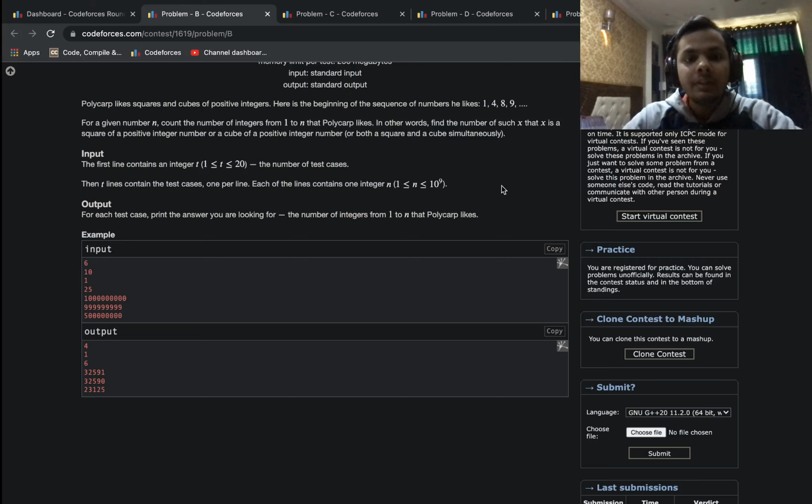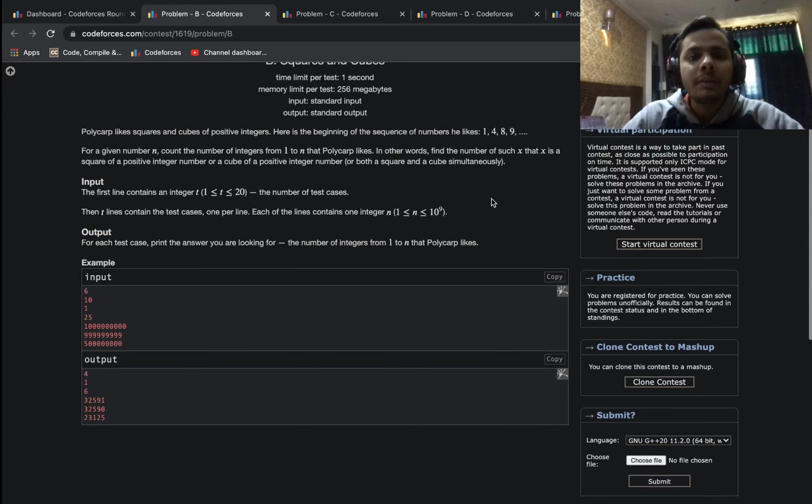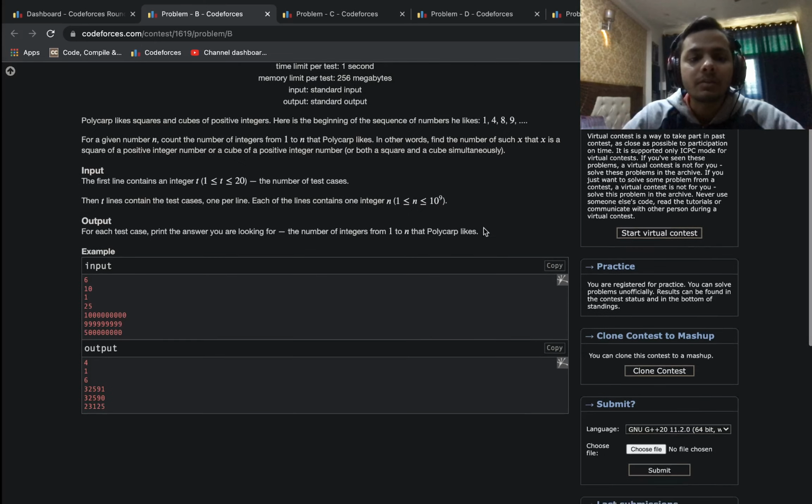But another easy way to do it is to insert every element just once. So what we can do is maintain a map of all the elements. The map will store true if an element is already inserted in the vector and false otherwise. So we will insert a number in the vector if and only if its map value is false. And once we insert a number, we will make its map value true. And that's it. Using this, we are making sure that we insert every number just once.